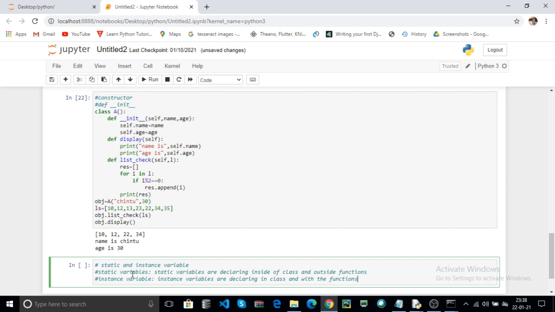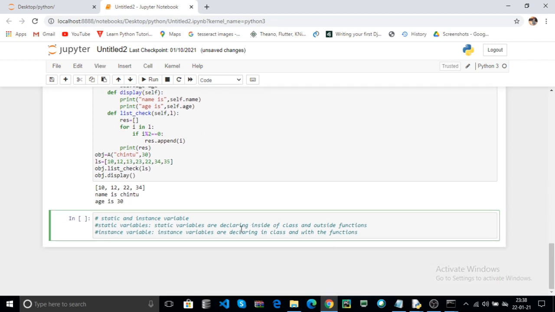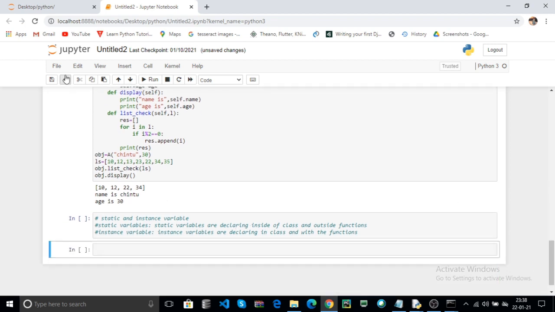That means static variables are any variables you declare within the class and outside of functions, and the variables you declare within the class and inside the functions are called instance variables. Now we discuss through the program.